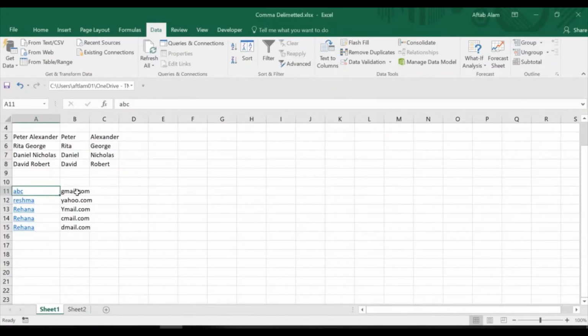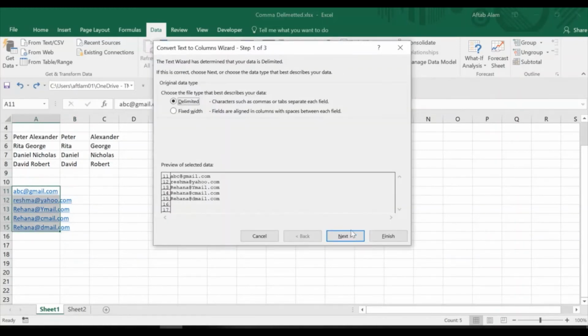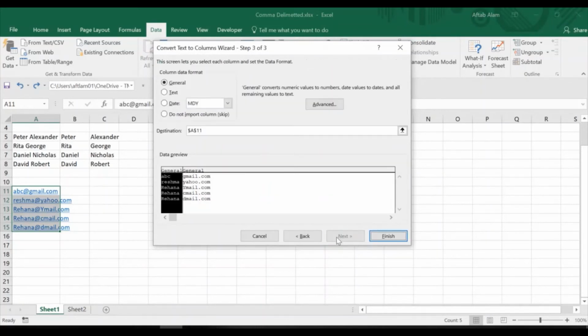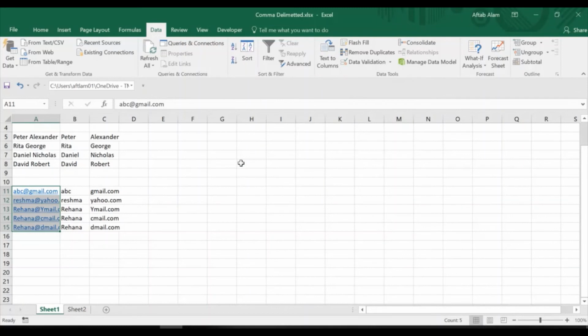Now we will do it again, but not in the same column, we will do it in a different column. So again we will select the data and click on Text to Columns, Next, Next, and the destination I will change here, Finish. So you can see we get the result as per our requirement. In this way we can separate the cell contents into different columns according to our choice or requirement. Now we will understand how to use the second wizard option.